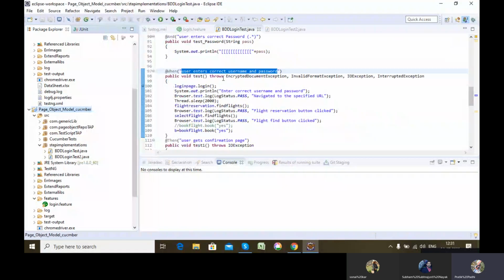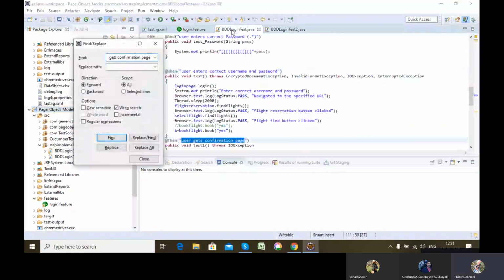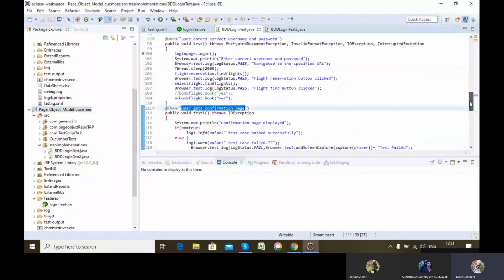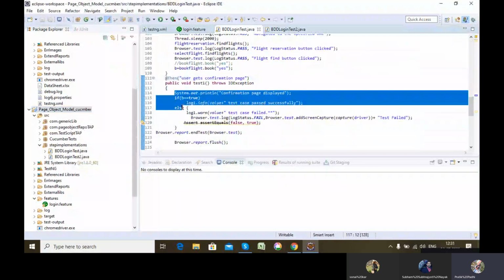Okay, so you saw the definition for when. Similarly, for then also there is one definition. So this line will automatically understand that I have to call this particular function, and it will execute all the lines of code that are present. See, in then I have done the validation part.